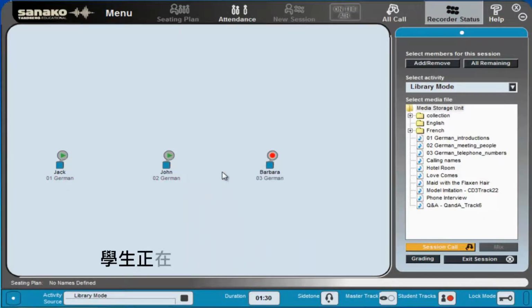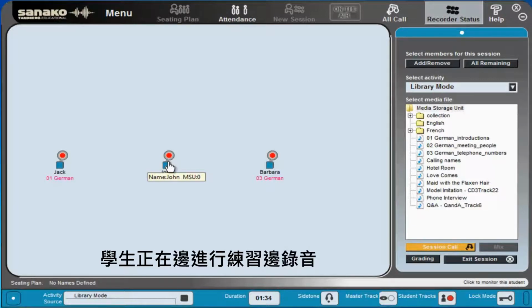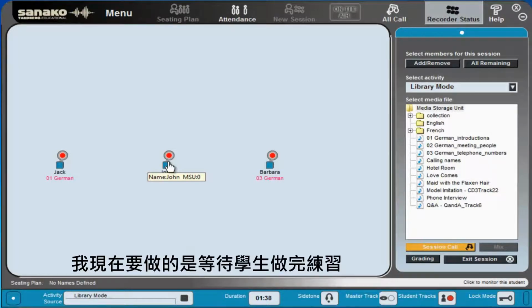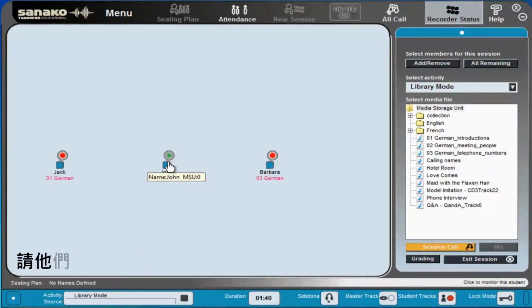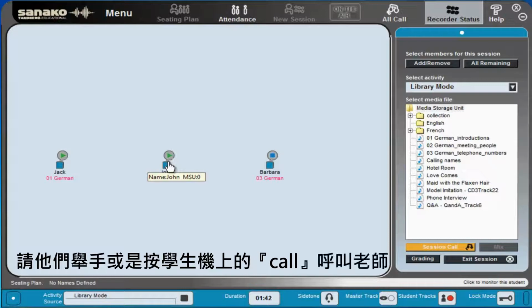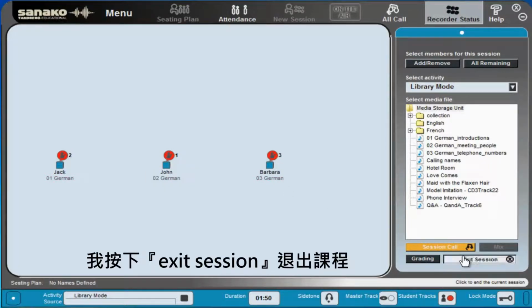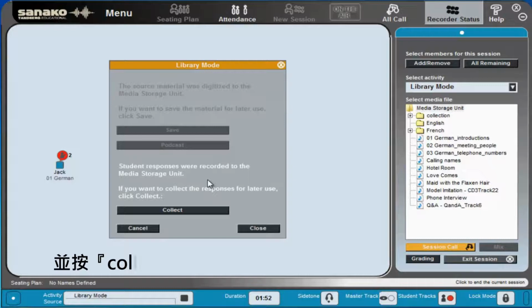As we can see, the students have now worked their way through, played their exercise and listened to it, and now they're recording their voices. I'm just waiting for them to stop and to put their hand in the air on the Teacher Call button, top left of the panel, to let me know they've completed what they're doing. Once they've completed, I click Exit Session,